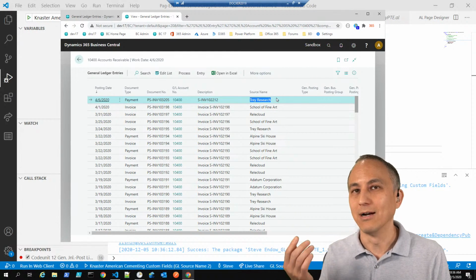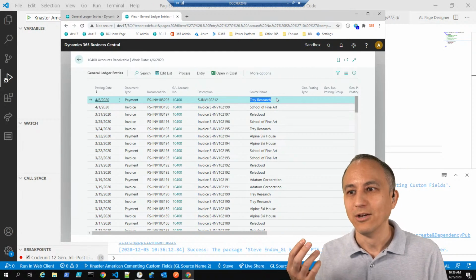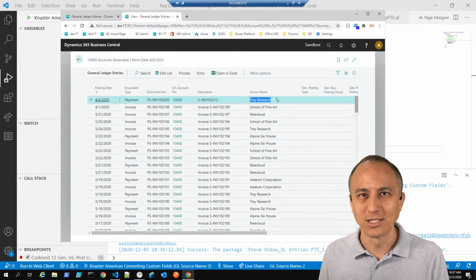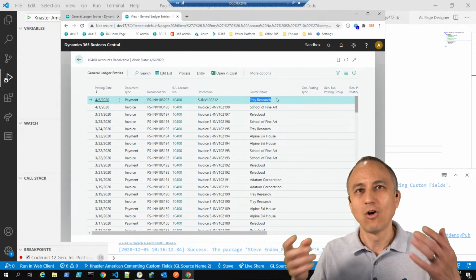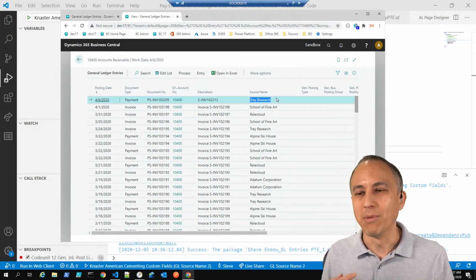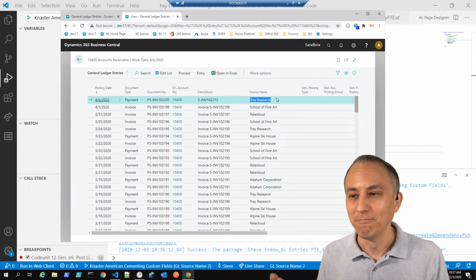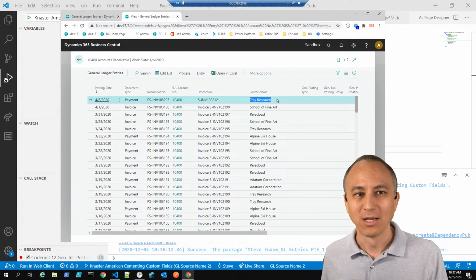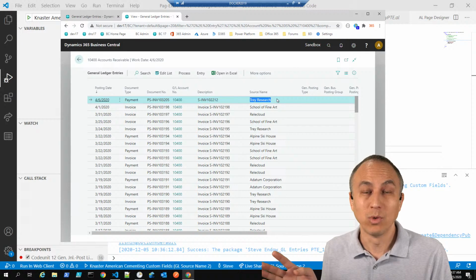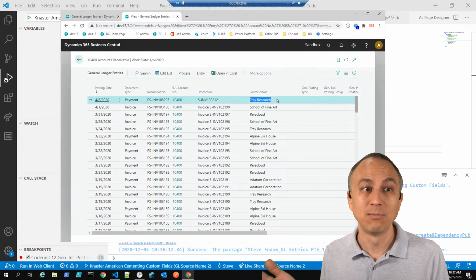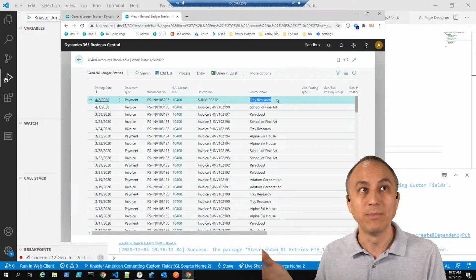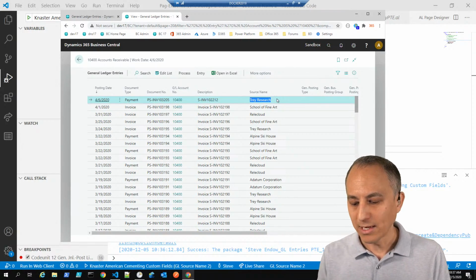For my world, super easy. No data access layer, no authentication, no separate deployment, configuration, installation. There's so much less overhead compared to what I'm used to. So for me, this is pretty clean. However, this leads to questions. You can certainly do it this way. This works. The customer won't know the difference. They'll say, great, I see the source name. They'll be happy. So let's go back to